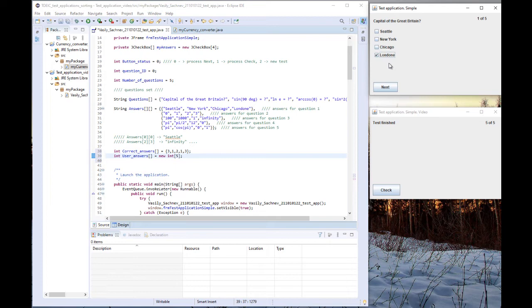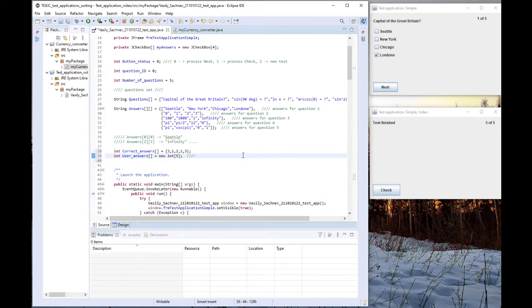But what does it mean coding wise? It means that my user answer in position 0, because here there are 5 questions, 5 elements in my array. So for London, if my answer is London, in the first position I will place